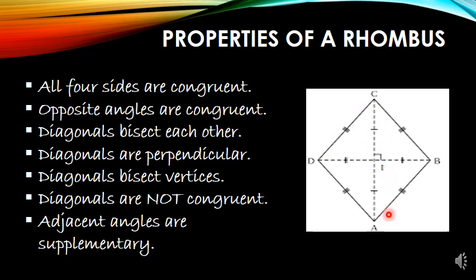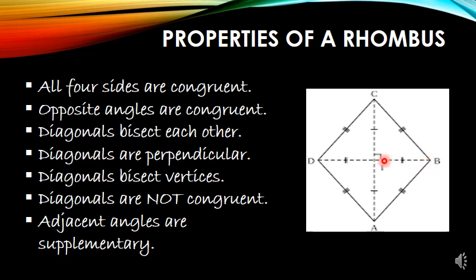That is, diagonals bisect each other at right angle. Diagonals bisect the angles here, that is vertex angles. Angle C and angle A are bisected by AC. Similarly, angle D and angle B are being bisected by diagonal BD. Diagonals are not always equal. They may be equal or may not be equal, but you cannot tell generally that they are always equal. So diagonals are not equal in this case.